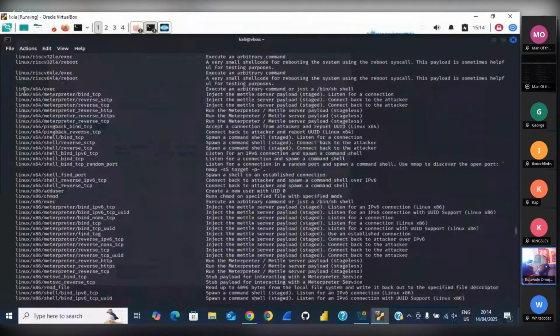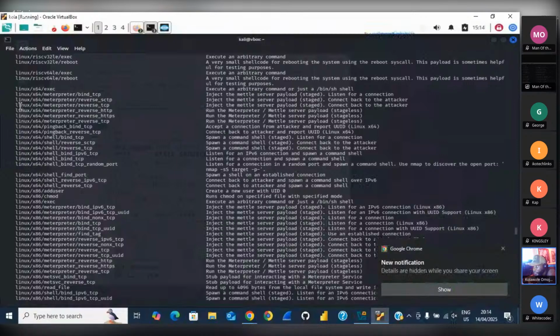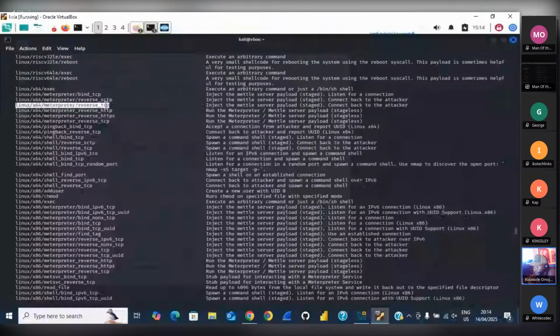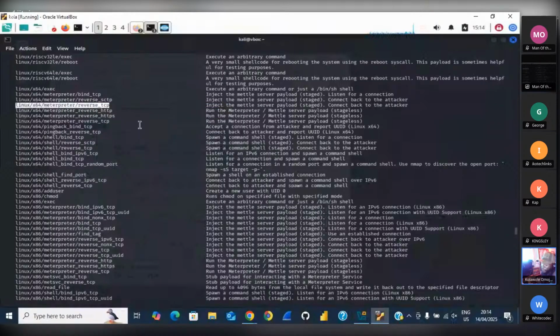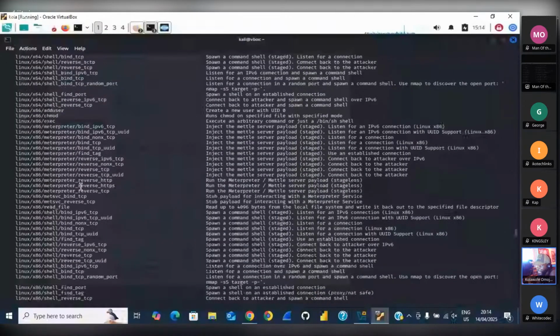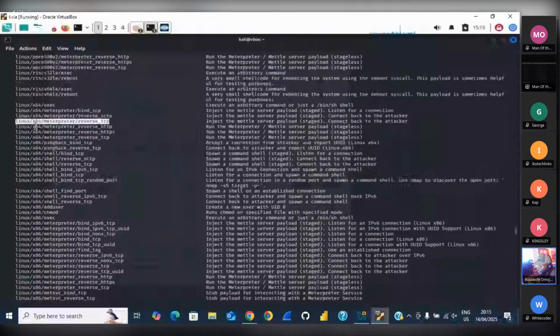So you can see that the payload here is showing Linux meterpreter bind TCP, or I could say Linux reverse TCP. Today I'm just showing how to find the right payload before we start doing execution. So you must recognize that the payload is in MSF Venom. The payload is not in